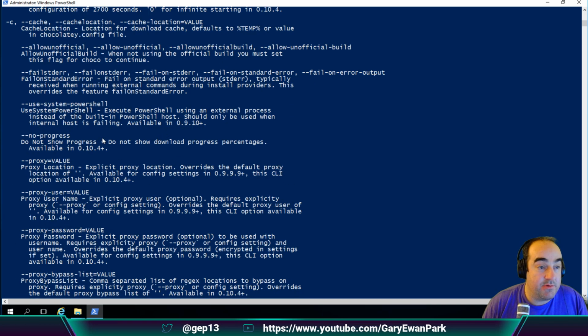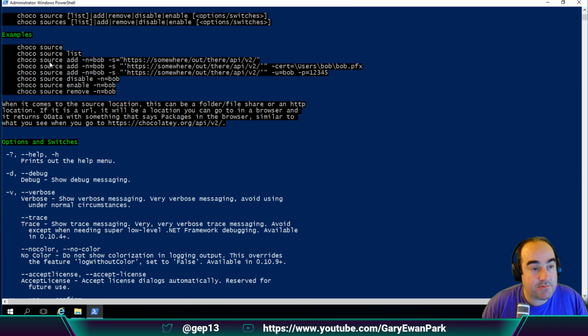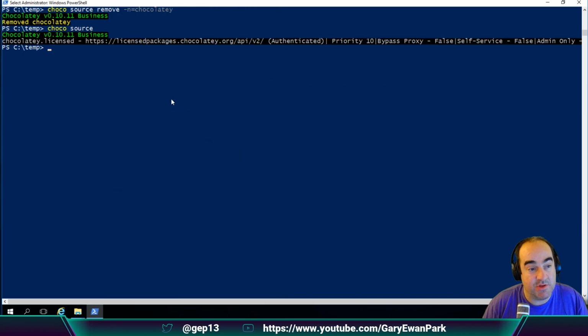Then what I want to do is add a new source. That's just up here again: choco source add with the name and then the source, the URL that I want to use. So I'm going to do choco source add. I want to give it a name of, let's just call it local. It doesn't really matter, you can call it anything you want. And I want to give it the source of the